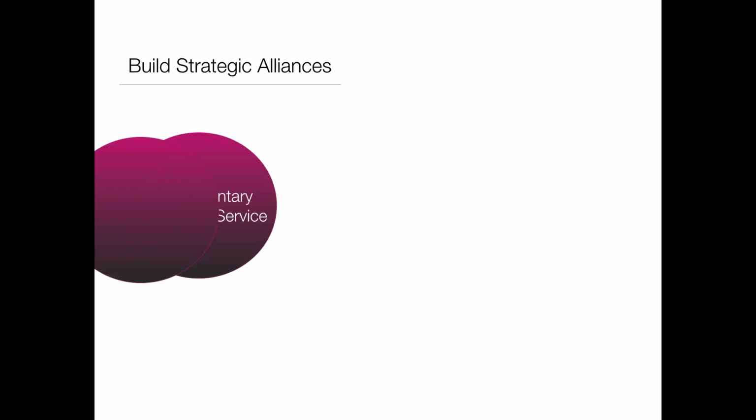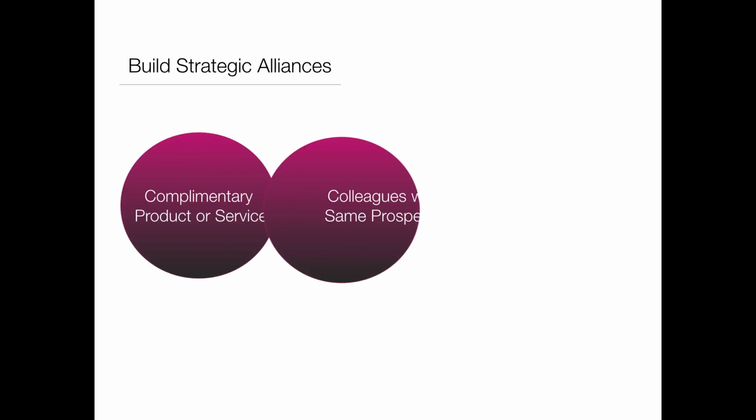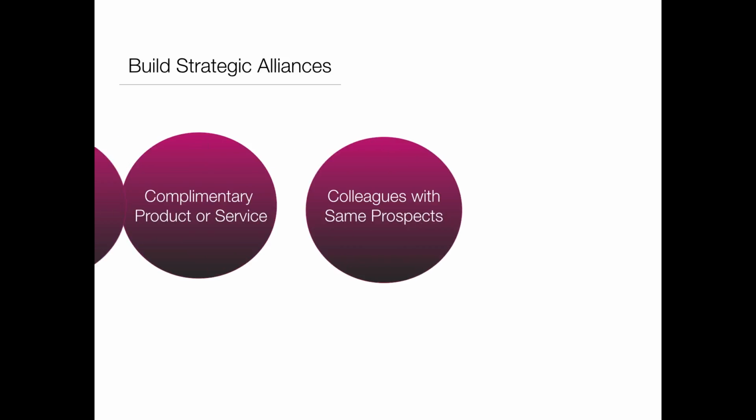In other words, when they buy or invest in your product or service, they're often doing that with this other person. So that's somebody you want to talk to. And by the way, just because they have a complementary product or service doesn't mean they're going to be a good alliance. It means that's step one. So that's a possibility, but you still want to get to know them and see if you connect, and see if you would feel comfortable referring them and they would feel that with you. So that's just the first step.